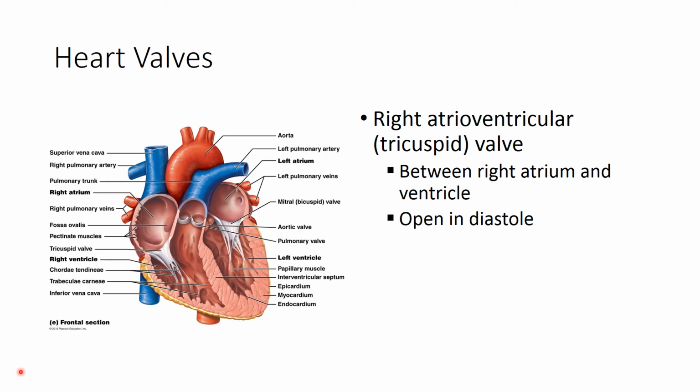Okay, so during diastole, the heart is filling with blood, so we have blood returning from the systemic circuit via these major veins, the inferior and superior vena cava, into the right atrium, and that blood is then going to move through the tricuspid valve into the right ventricle. Okay, so that valve has to be open in order to fill this right ventricle with blood.